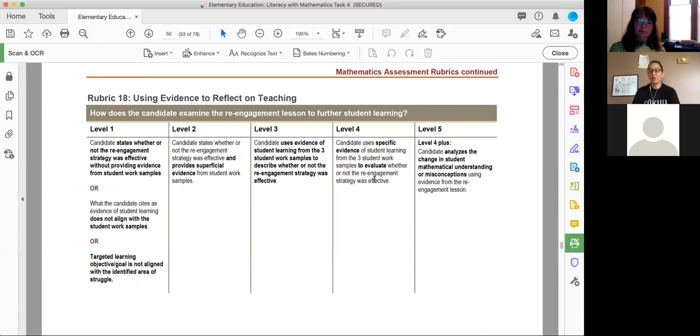And so if you see that students are still having trouble, then you talk about that. The scorers don't care if, I'm sure they care, but they're not looking to see that your students fully understand this concept and are never going to have trouble with it again. They want to see that you're being reflective on what's happening with the teaching and learning between you and your